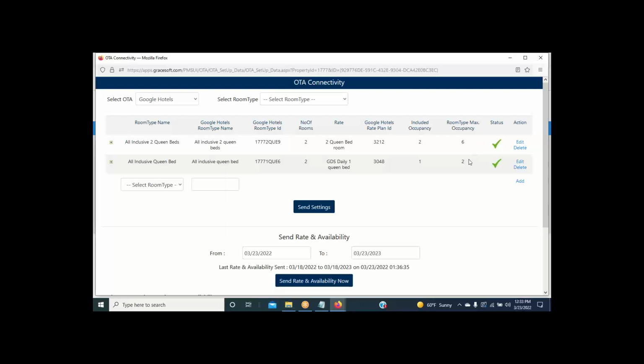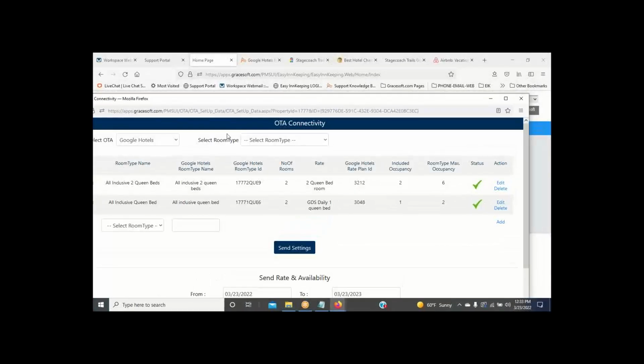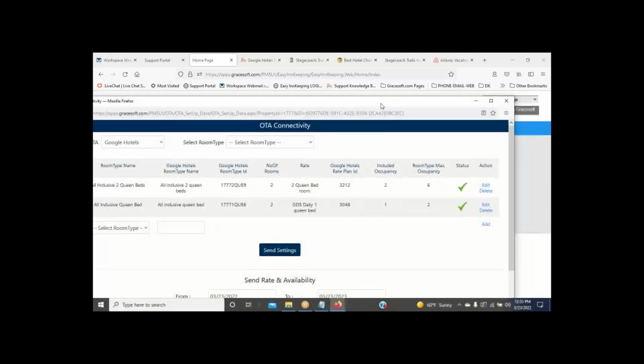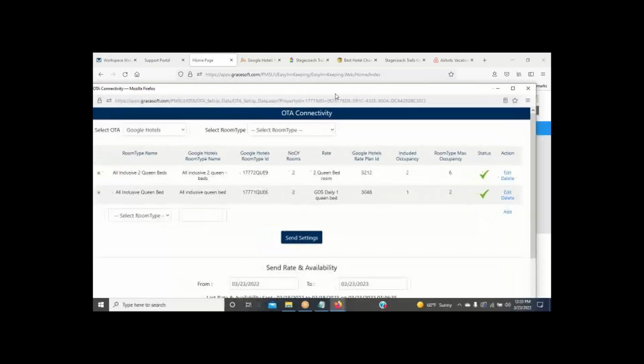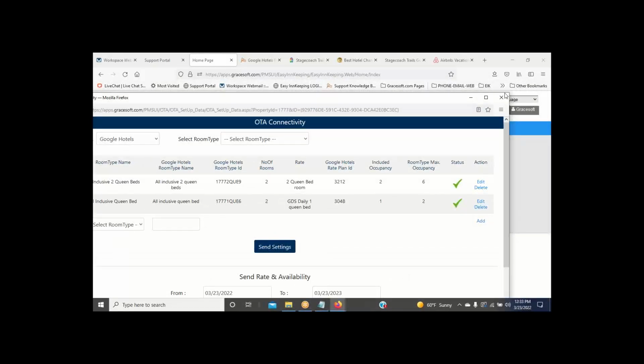Same kind of thing with the mapping, very simple, easy to use. Our team has done a great job of making this screen very user-friendly. And if there is ever an issue that something is not synchronizing, this is going to show up in red. But most of the time, there's not an issue with that.